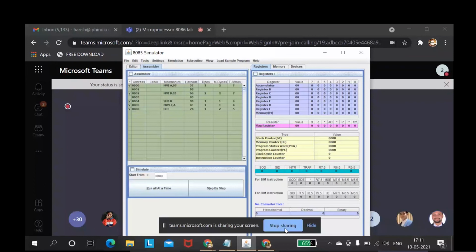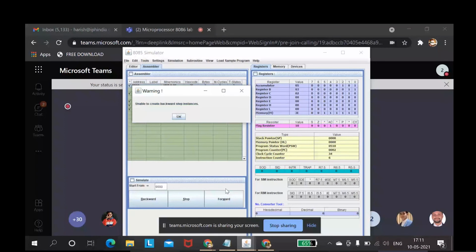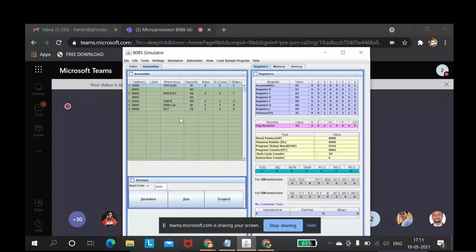Yeah, so you can run it now for us. Step by step, man. Can I click on stop because some registers are already having values? Yes, sir. Now, when I click on step by step, there is an error, sir.